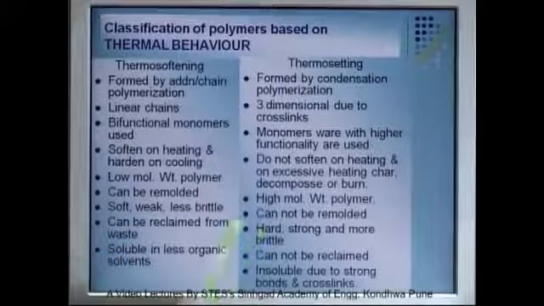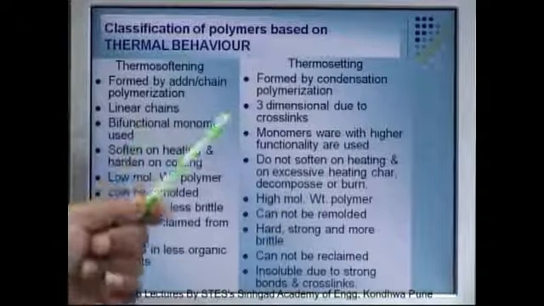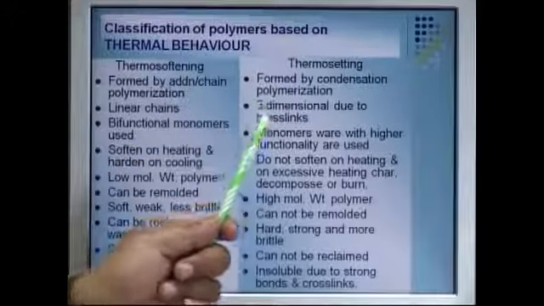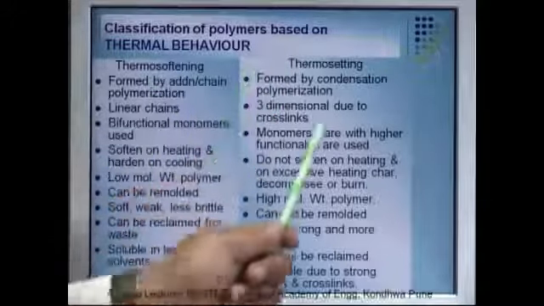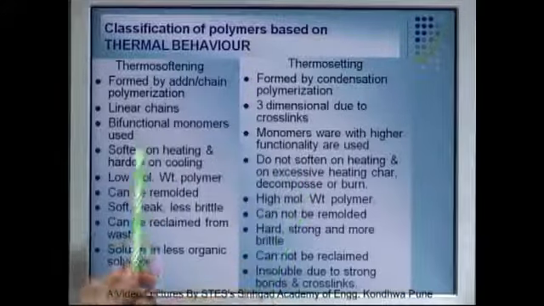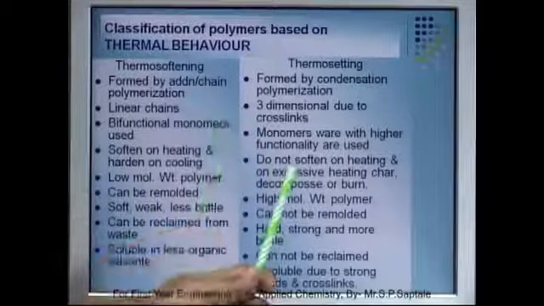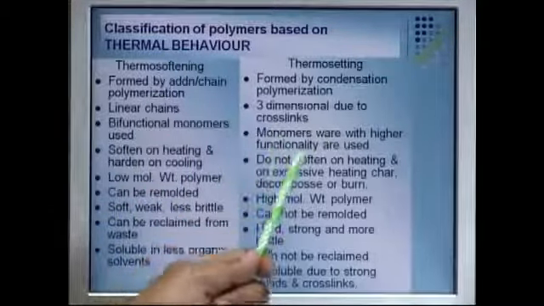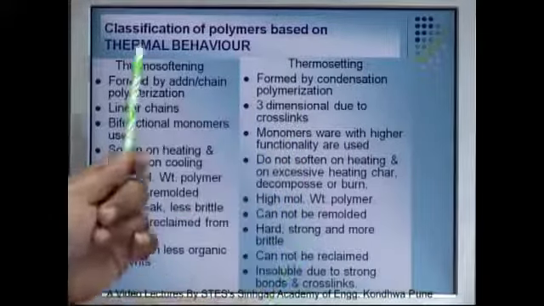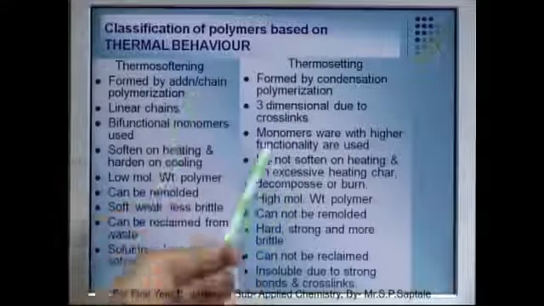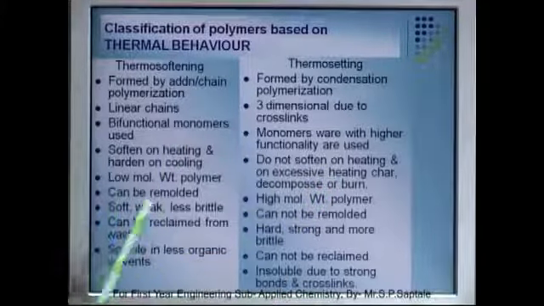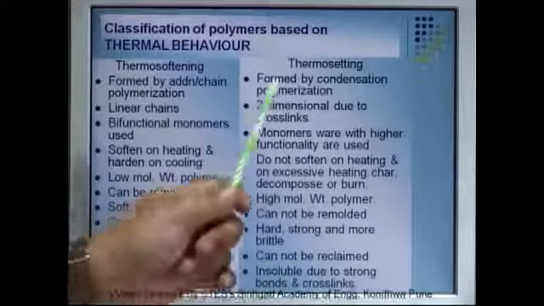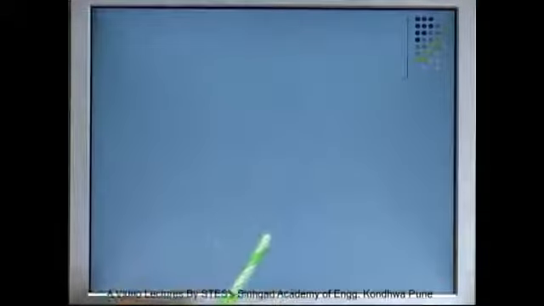Now this is given here to distinguish addition polymerization and condensation polymerization: linear chains and three-dimensional. Bifunctional monomers are involved in thermosoftening, while in thermosetting trifunctional monomers are involved. Heating and cooling can be done any number of times in thermosoftening, but only one time in thermosetting. Thermosoftening forms lower molecular weight polymers. Thermosetting forms higher molecular weight polymers. Thermosoftening can be remolded; thermosetting should not be remolded. Thermosoftening can be reclaimed from waste; thermosetting should not be reclaimed from waste. Thermosoftening is soluble in some organic solvents, but thermosetting is not soluble. Now the next